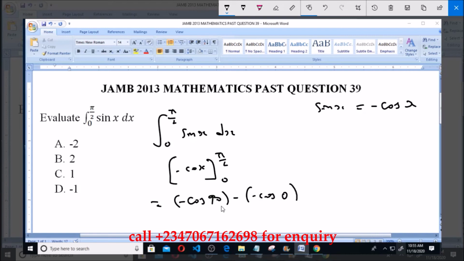Now minus cos 90 will give us 0, and then minus cos 0 will give us what? So minus cos 0 will give us minus 1. So this is equal to 0 minus times minus will give us plus 1. That is equal to 1, which is